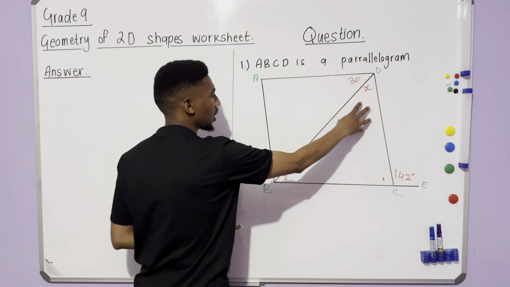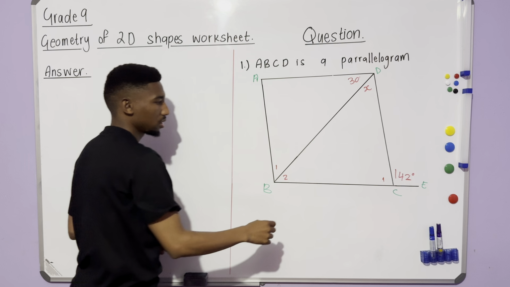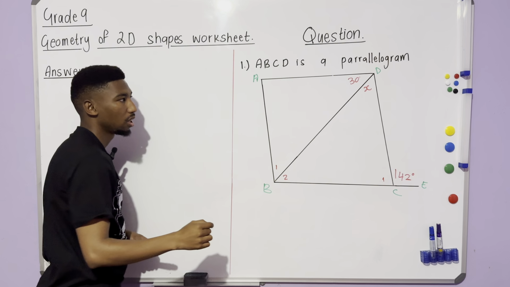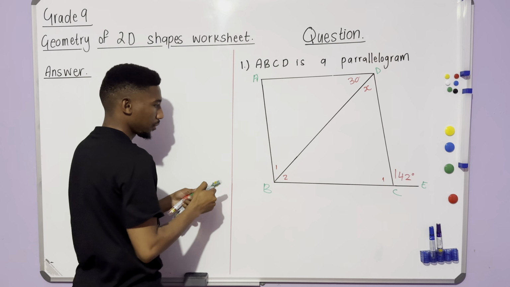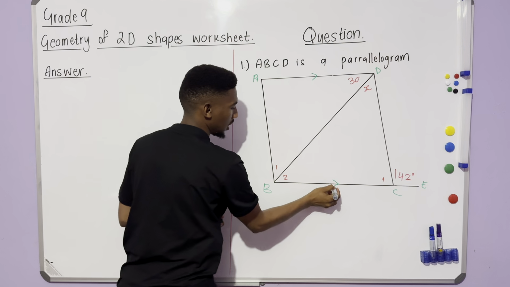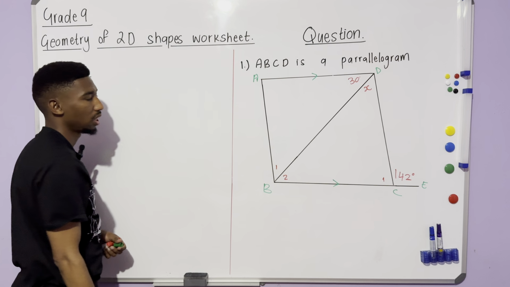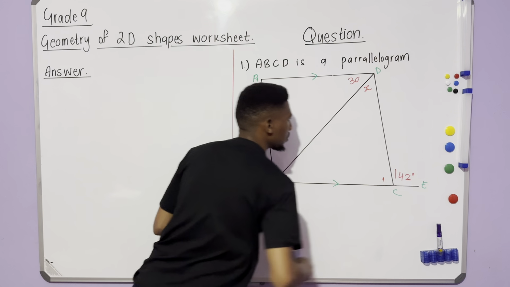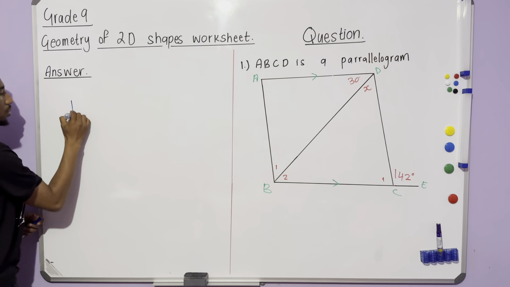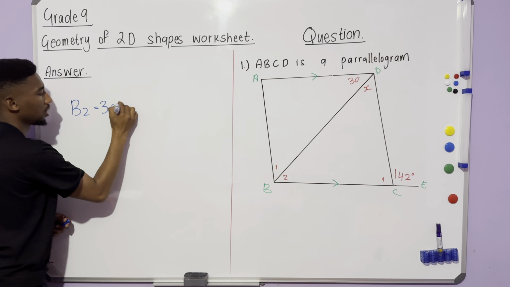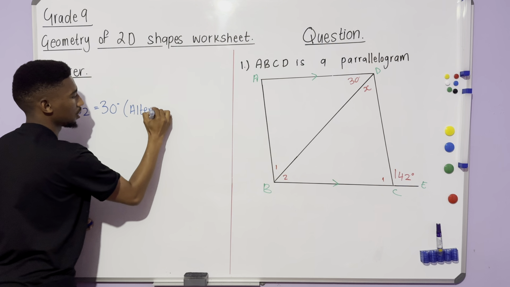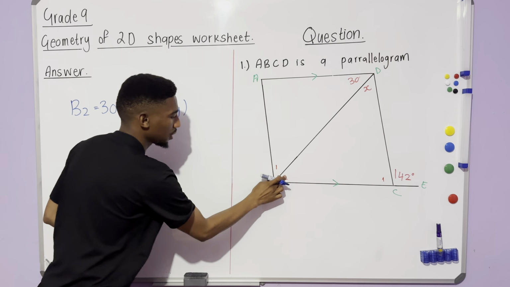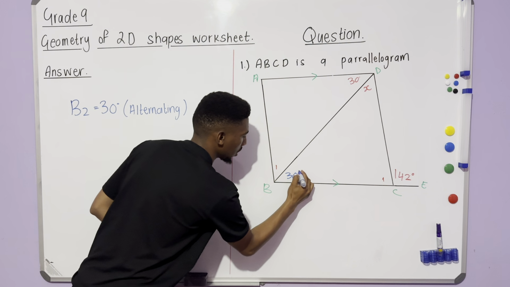So if you look at this triangle over here where x is, we need to find B2 or B1 in order to find x. But we are given this 30 degrees over here, and we know that that line is parallel. The moment we see that, we can see that B2 is equal to 30 degrees because of alternating angles. Okay, once you have this bit of information, that's 30 degrees,